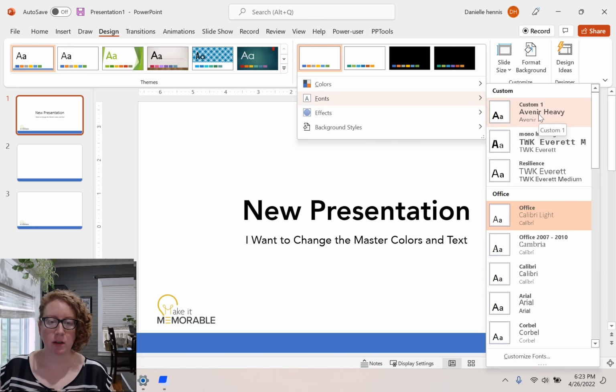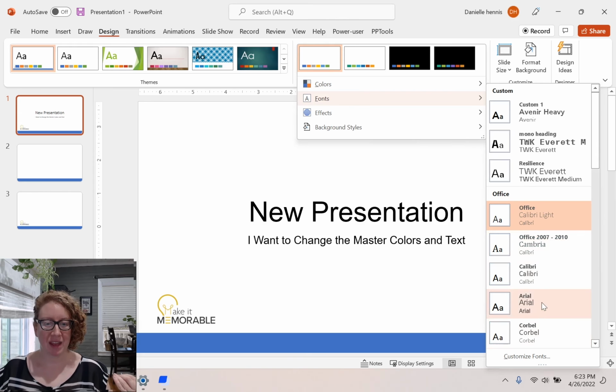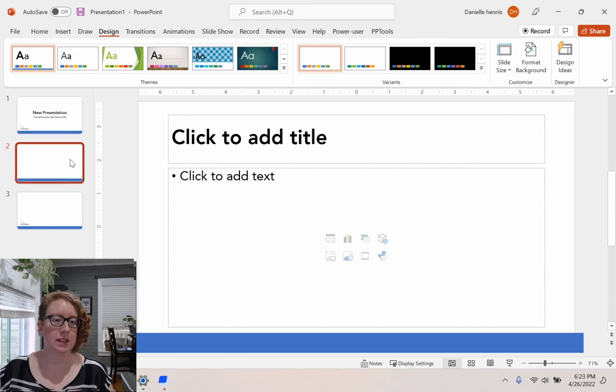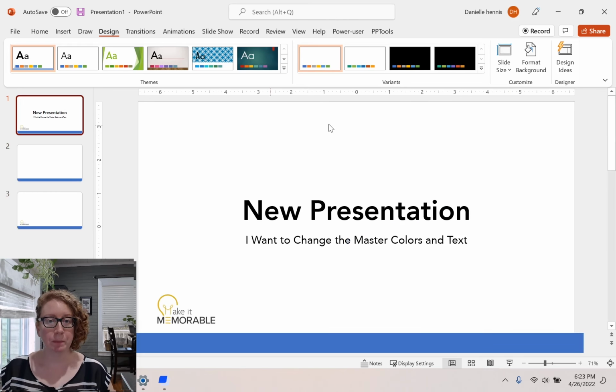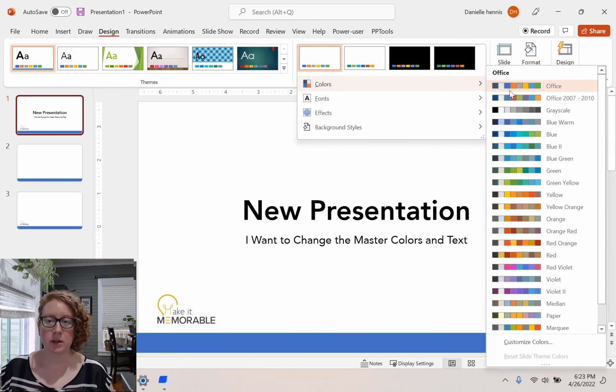To change this to Avenir, you can now see that the title is Avenir Heavy and the body text is Avenir Regular. For example, here's Cambria, Arial. You can see how all these are changing. And as I click on this, you can see that even on the slides here that are currently placeholders, they're changing as well. If I want to change the colors, then I can go to the colors